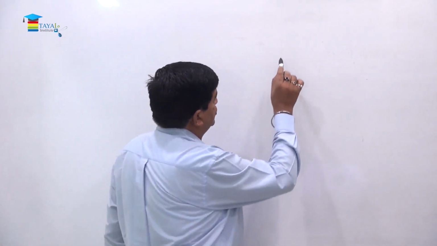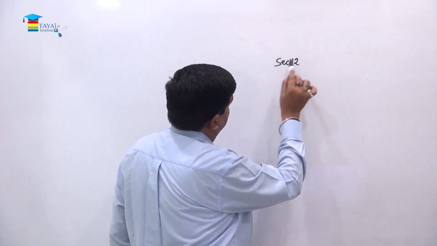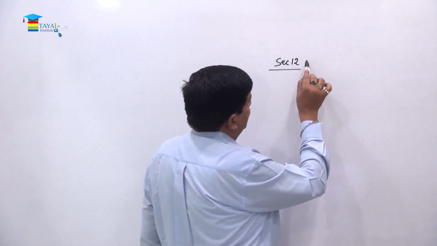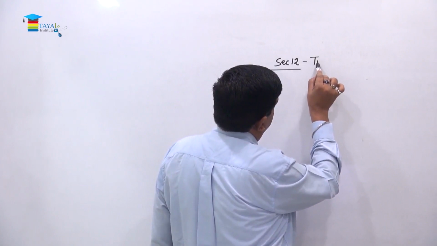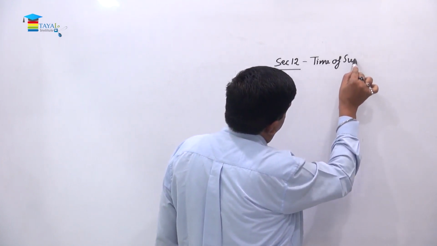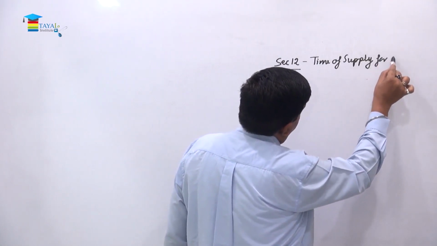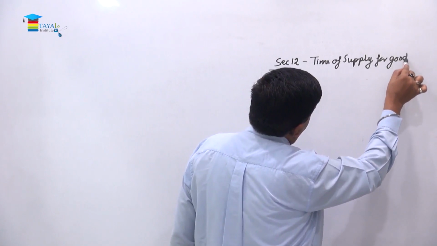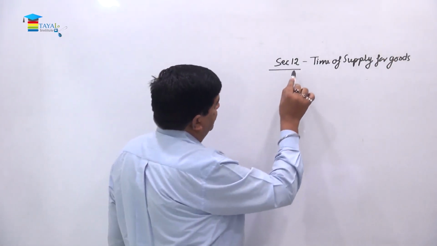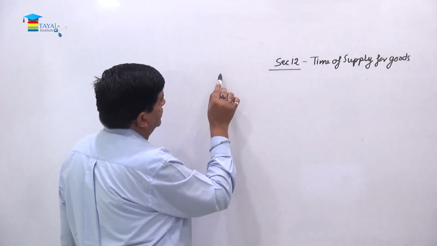So section 12, this is time of supply for goods. Okay. Now as I said, broadly this section is talking about that